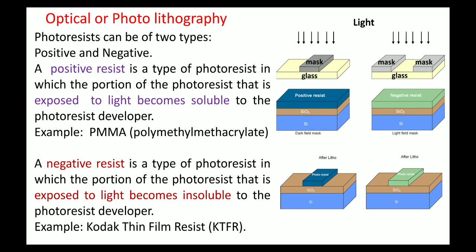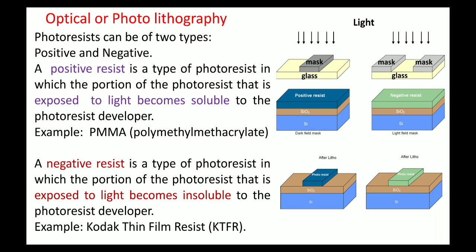So when the light is blocked for that region, it is not going to dissolve in the developer, and in the remaining area the light is exposed to the positive photoresist. So the region on which the light is incident, in that region the positive photoresist has been etched with the developer. It is because it becomes soluble in the developer, so you are able to remove that part of the photoresist,